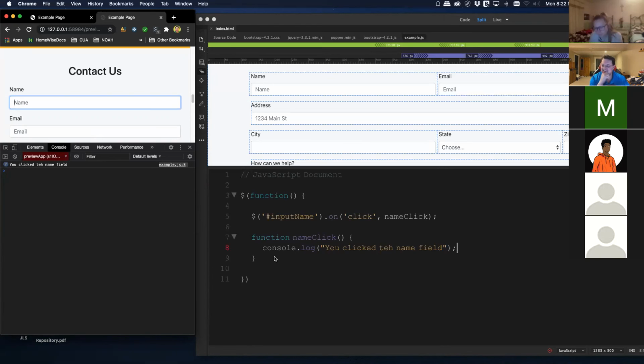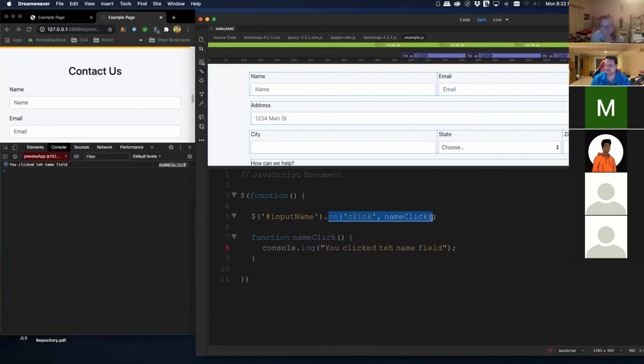So on something, we can do something. That's the most basic event handler we have. Wonderful. So we can make it a little more specific. Instead of on something, we can say